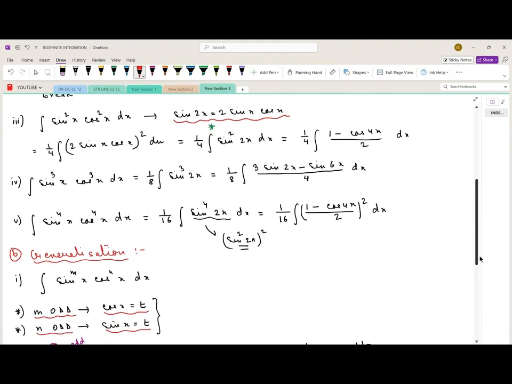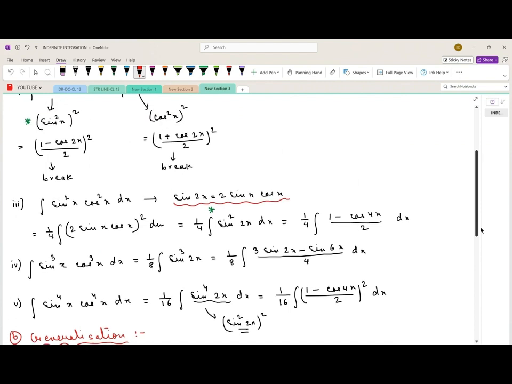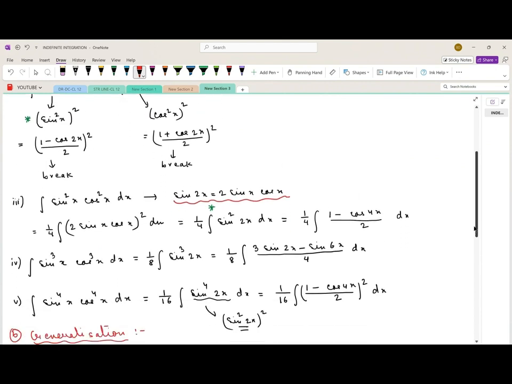Here we have done this, where m and n are both even. One is 2, one is 4. But the difference here is we have taken the same power here, that is 2, 2 or 4, 4. Now,